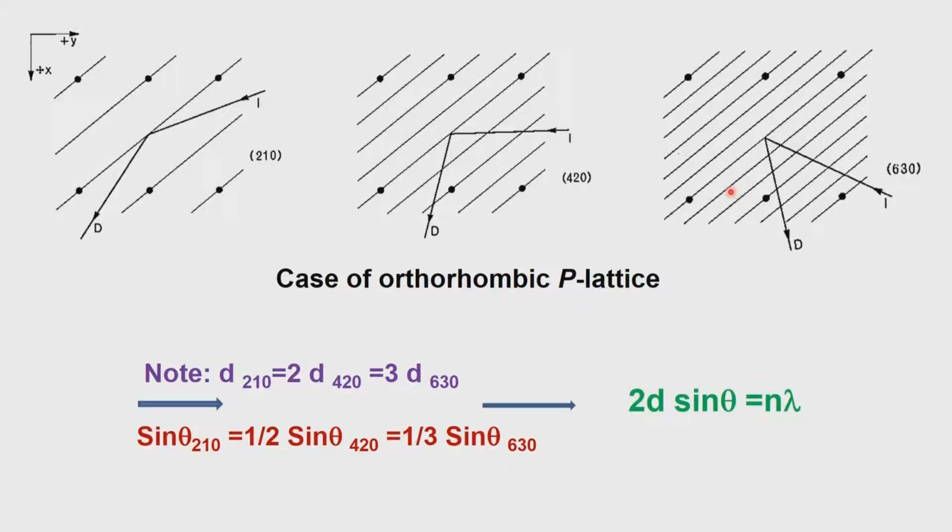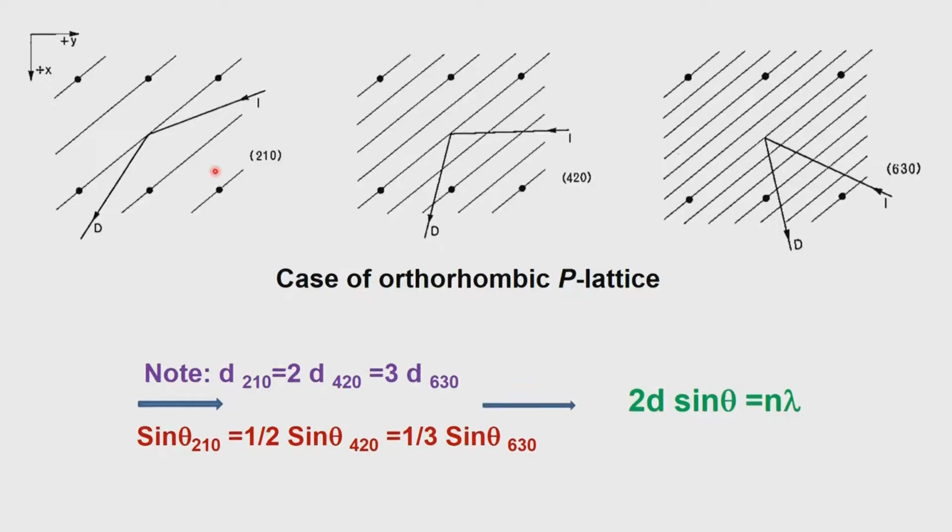So the order of the reflection tells us the angle at which the diffraction occurs, at which the incident ray falls on the plane, and these are of course all parallel sets of planes. From the X-ray diffraction point of view, when we do an X-ray measurement, even though this is a general equation 2 d sin theta is n lambda, your n value can be different from each other when the diffraction spots come.